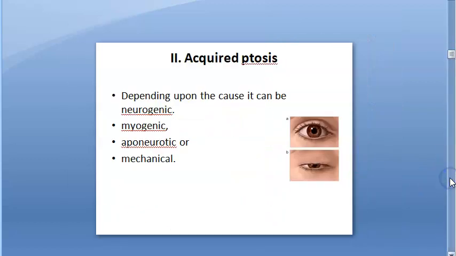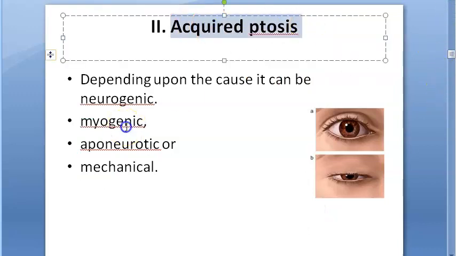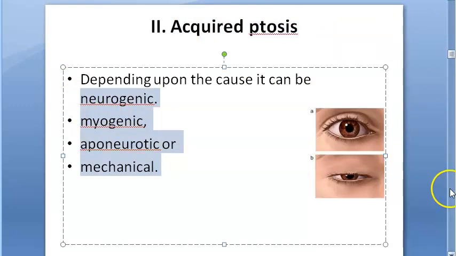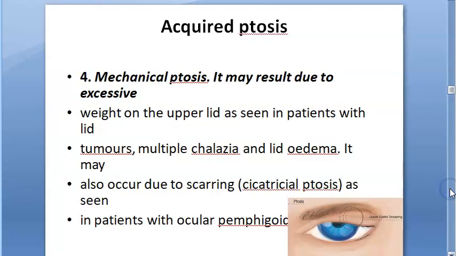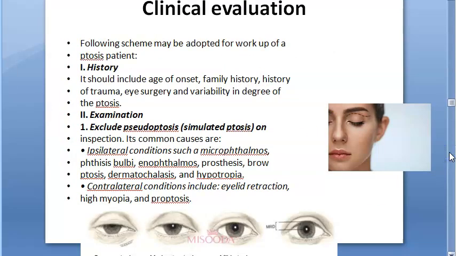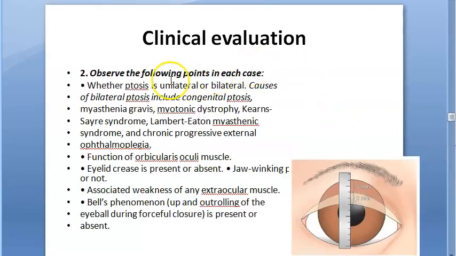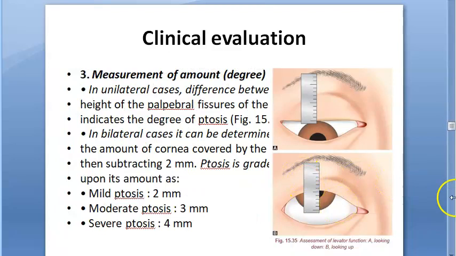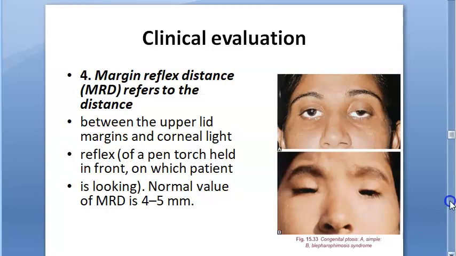Next, we will move on to acquired ptosis. Let us just look ahead and see what more there is in ptosis. So you have acquired ptosis, under which you have neurogenic, myogenic, aponeurotic, and mechanical. All this you have to remember. Then how will you evaluate a person who has ptosis? You have to measure, right? 2 millimeter, more than 2 millimeter, etc. They're telling here how to measure. And then after measuring, you have to treat, right?